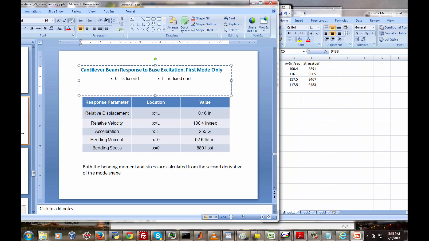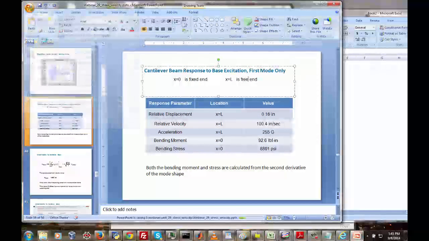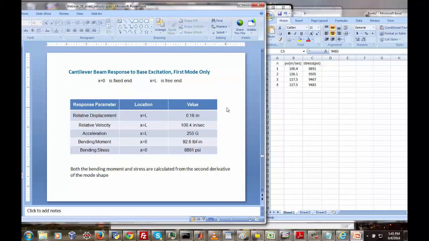Okay, x is equal to 0 is the fixed end, and x is equal to L is the free end. Let's back up. Let me try this one more time. This is the fixed end at x is equal to 0, and x is equal to L is the free end. Let me get this right. I need to make a mental note to myself to upload these slides to the blog. So at x is equal to L, which is the free end, this is for one mode only,